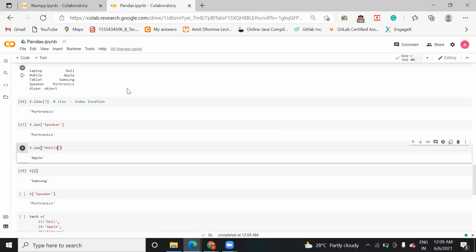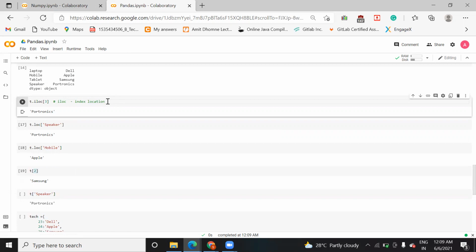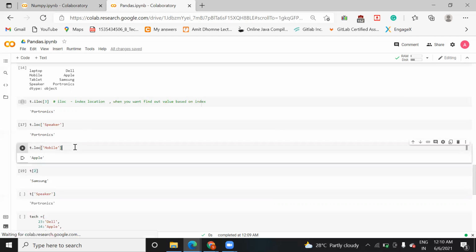So iloc is used when you want to find a value based on a numeric index position, and the loc function you use when you want to find a value based on the label or element name.